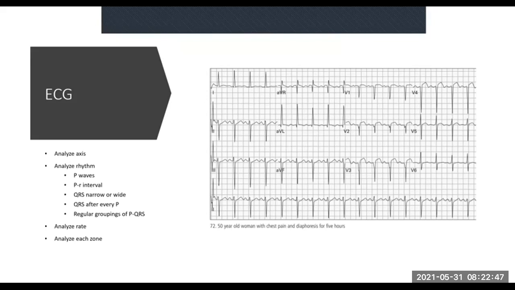All right. So this is the ECG that we're going to analyze. We'll go to the proper ECG in a second. But let's just remember what we've got to analyze. We've got to analyze axis, analyze rhythm. When we analyze rhythm, we analyze the P waves, PR interval, QRSs, QRS after every P, regular groupings, analyze rate,